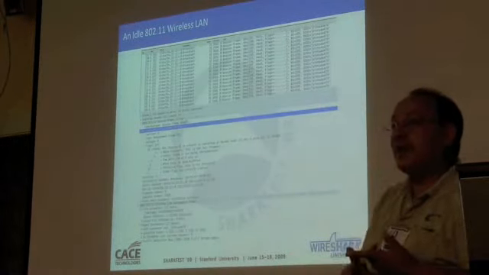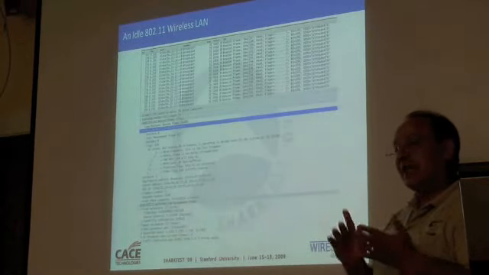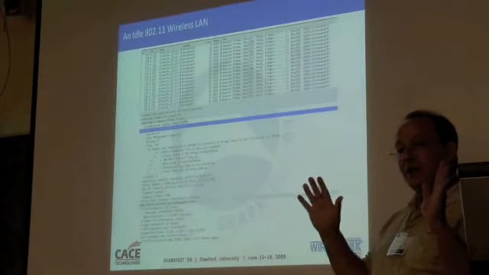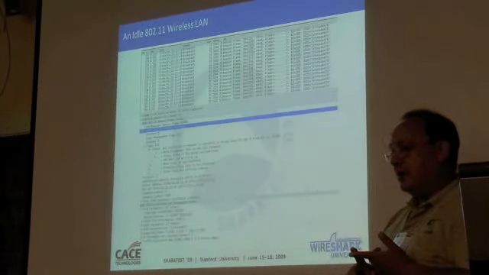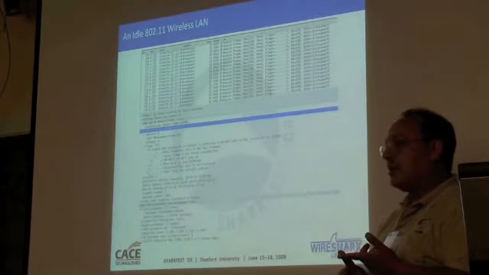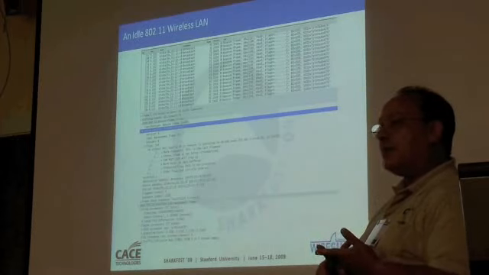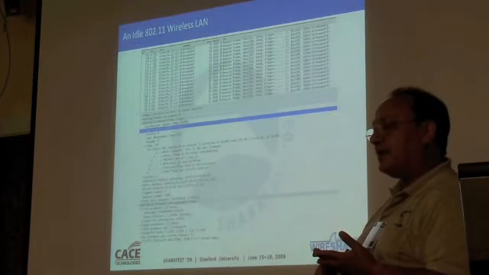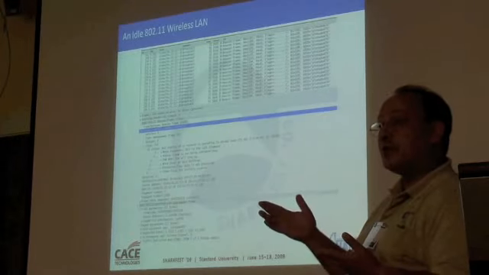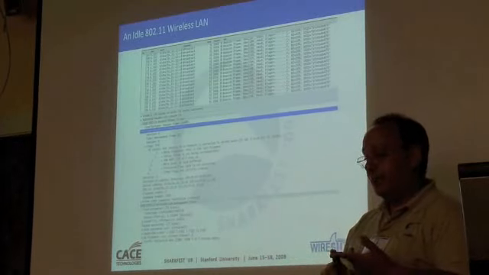Now, in an 802.11 network, a fundamental behavior that is present is that every 100 milliseconds, and that is configurable, and it can vary a little bit, but 100 milliseconds is close enough. Every 100 milliseconds, the access point sends out a beacon frame. There are a couple of fundamental things that a beacon frame does. One is it announces the existence of the access point, which, as I said before, may or may not have the SSID included in it.